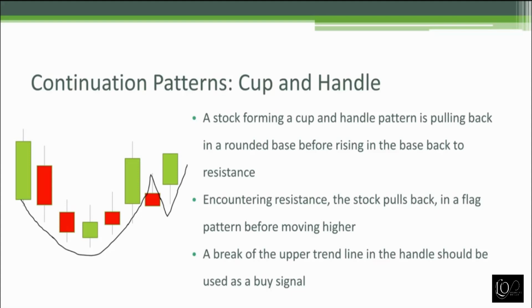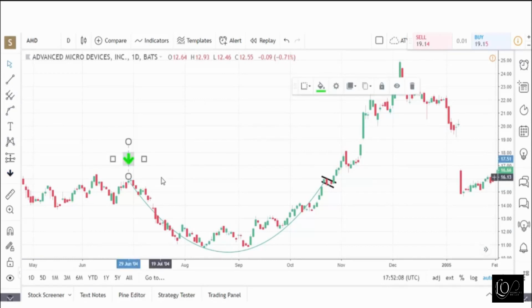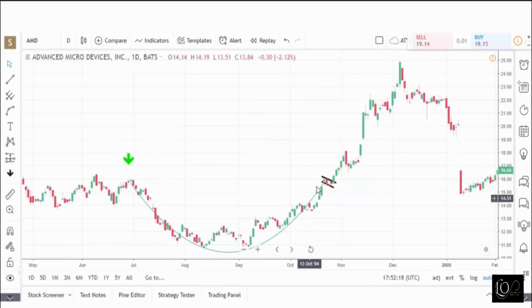So let's take a look at the cup and handle pattern on a chart. We're going to use the chart of AMD Advanced Micro Devices to look at a cup and handle pattern. The beginning of our cup is here. We have a pullback, and I've drawn a curve so we can see what the cup pattern looks like. The second lip of our cup is here. And then we have a slight pullback in a flag pattern. And ideally, we would want the handle to come a little bit lower into the cup, but the psychology is